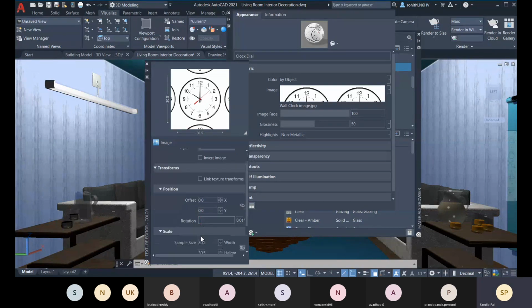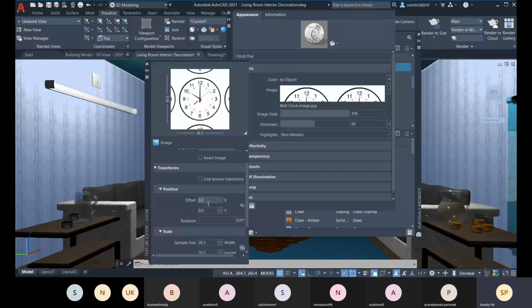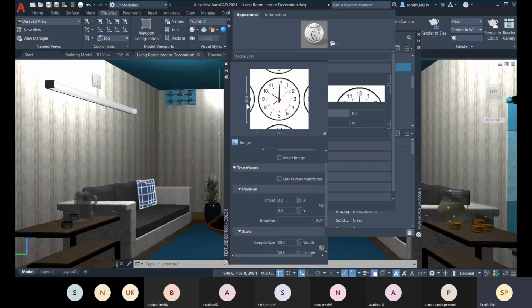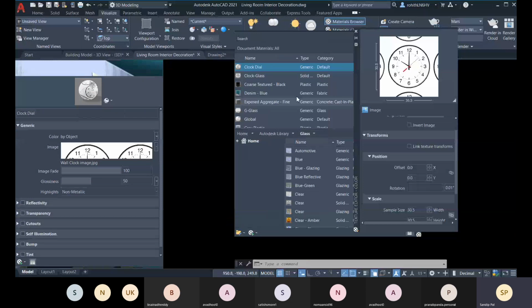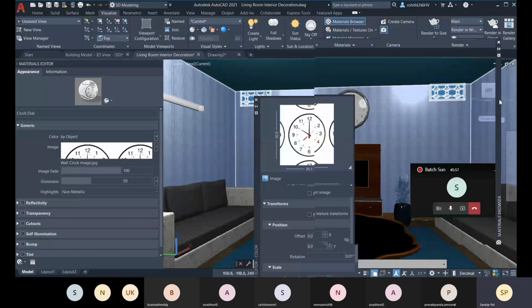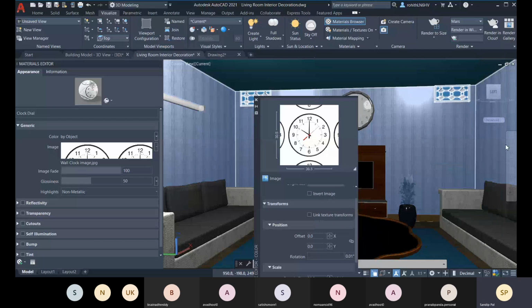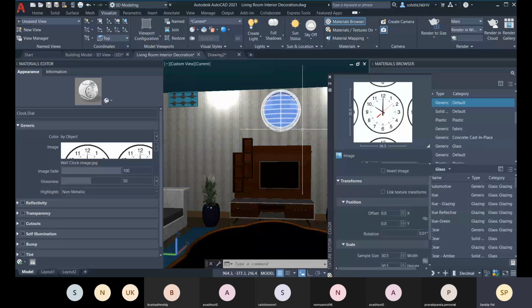Okay, you have to fit it with the scale factor within the area, and then you have to choose this offset to position it, X and Y offset for positioning it. You cannot do it without seeing the effect. So for that, you have to make sure that when you are making these changes, you can see the model.